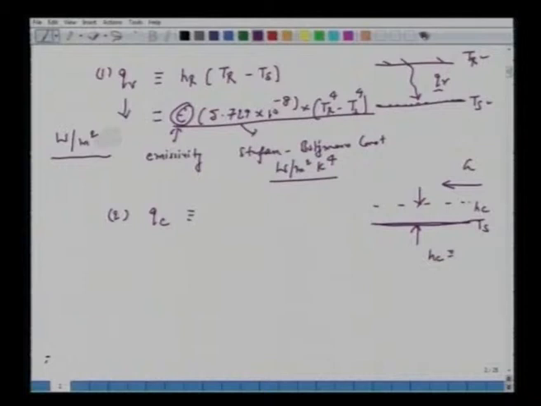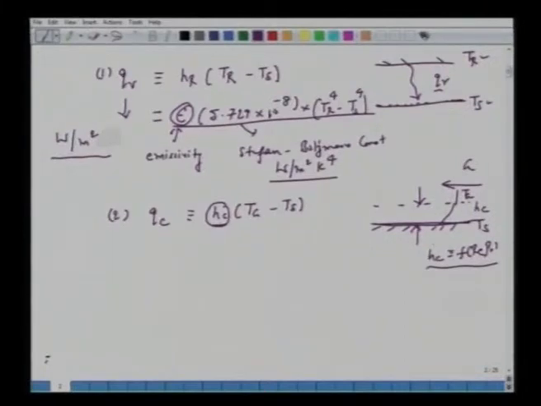Hc will be some function of Reynolds number, Prandtl number, etc. So one has to go through certain correlations reported for a cross flow or flow past the solid surface with heat transfer coefficient Hc. All it reflects, temperature drops from Tg to some temperature Ts here. So we have QC given as Hc (Tg minus Ts), and we said that one has to go through some handouts, some Perry's handbook, to get the very close correlations which reflect the situation.